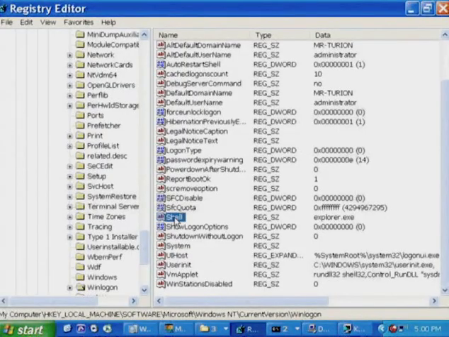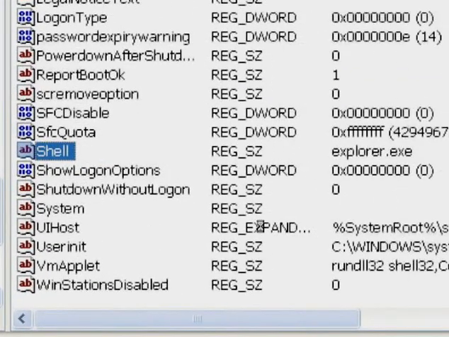If we look back at the registry editor, there's a registry value called shell, and the default shell, of course, is explorer.exe. By the way, you can reconfigure the shell. If you don't like the Explorer GUI, you can run CMD, you could run a Unix shell, you could even run Solitaire as a shell for that matter.